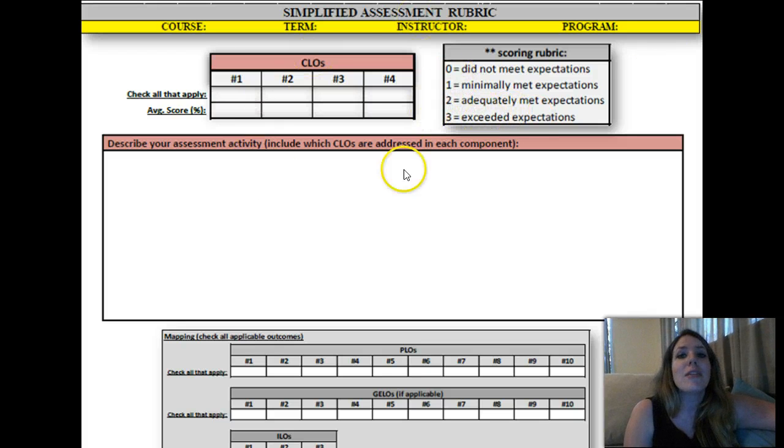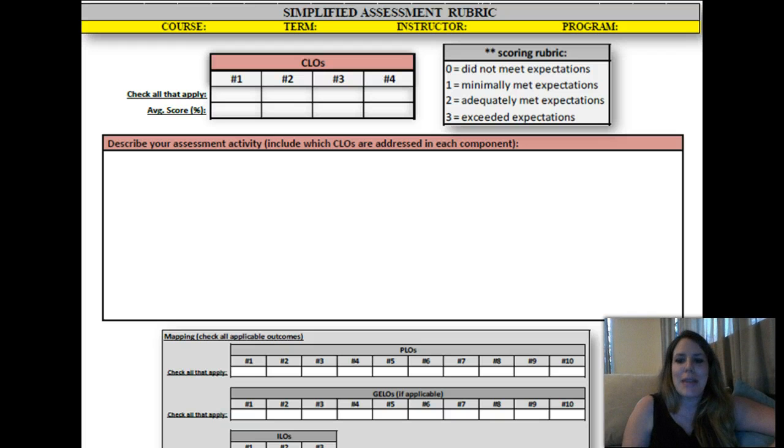So when you fill out this form, you're just going to use 0, 1, 2, 3, or some decimal in between those as your average score. That makes it easy. It makes it easy to compare grades across courses and across instructors within a course. But that doesn't mean you need to change the way you grade your assessments when you administer them. It just means how you're going to assess those grades on this form.